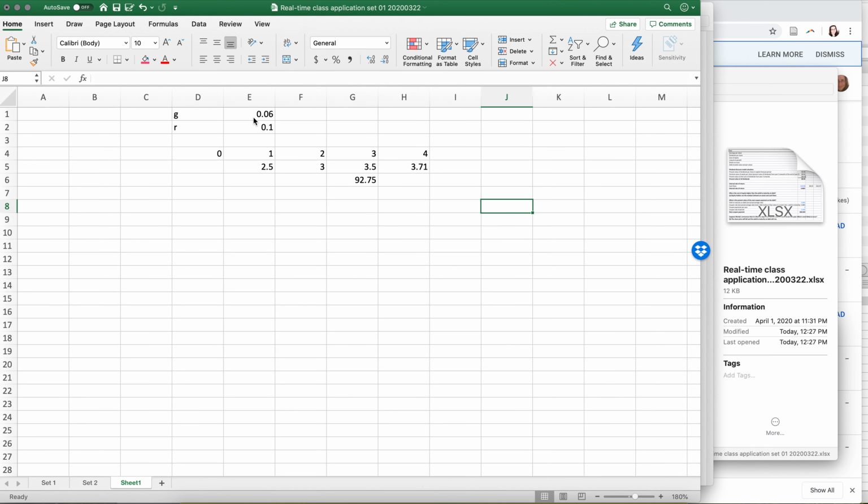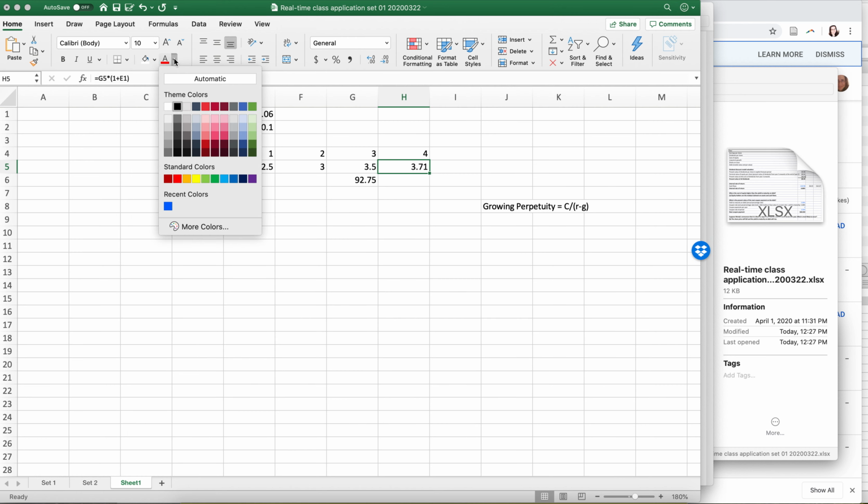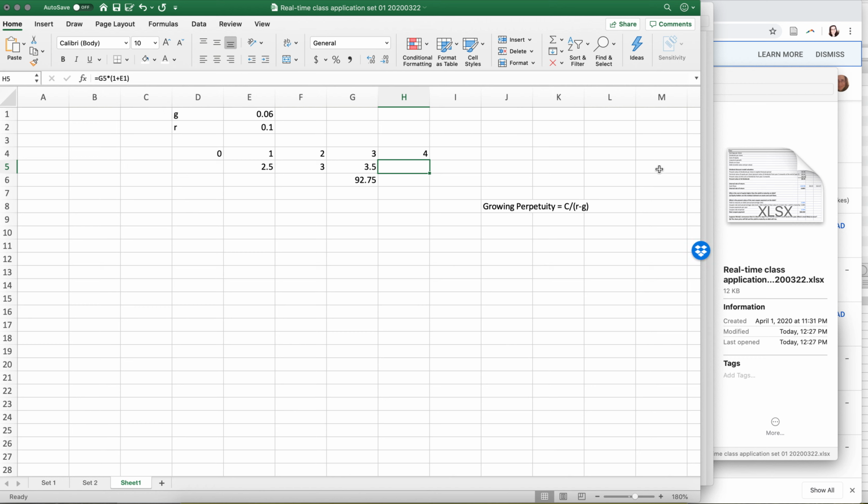And again, the growing perpetuity is going to be C over R minus G, where C is that payment that occurs one time period out, and R minus G is just R minus G. So now we can forget about every payment that happens in year 4 and thereafter because it's all embodied in this number. So this is the sum of cash flows